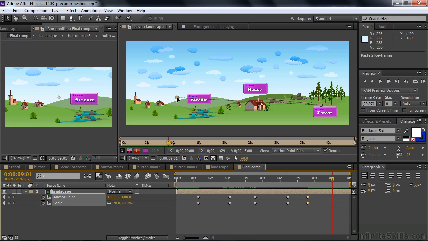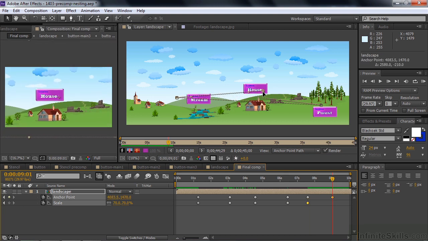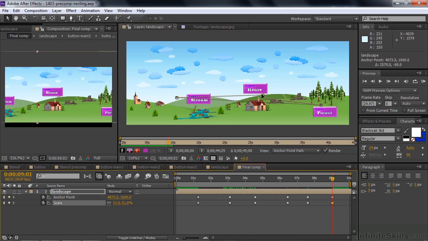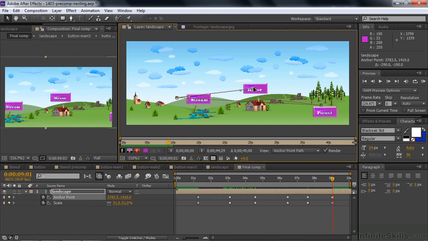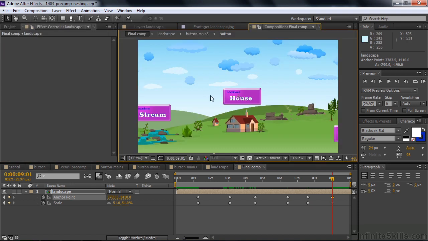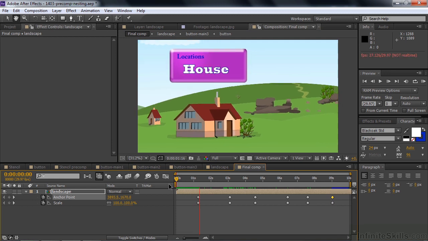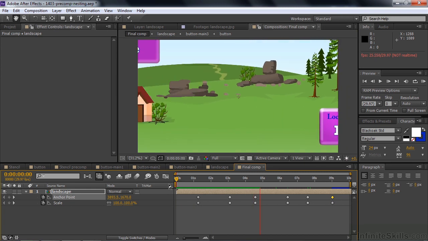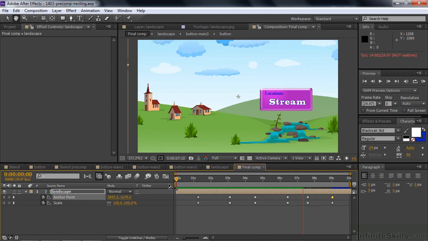So now we're going to take our anchor point back to the house, like so perhaps, and maybe zoom out even farther. Show more of our lovely little bucolic location here with all of its buttons showing up. And that now will then animate around. We'll go look at the composition panel over here, more like where we want to see it. Start over here like the house. We'll go there, we'll move to the forest, hold for a while, go over to the stream, hold for a while, and then go back to the house,